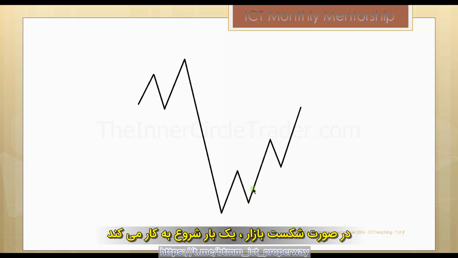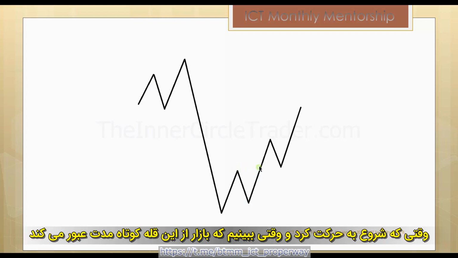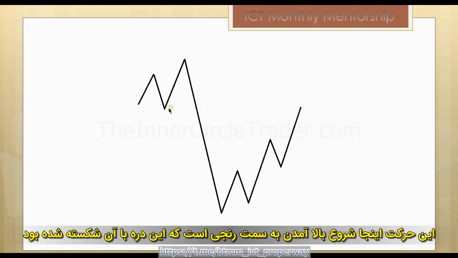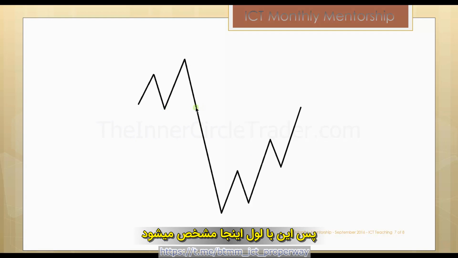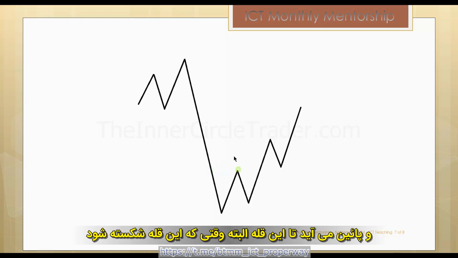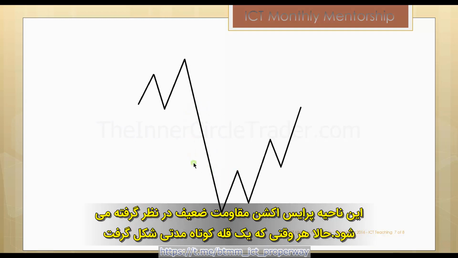Once it starts running through, if we get a market break through this short-term high, this run here begins its climb back up into the range that's created by this low being broken. So it's being defined by this level here all the way down to this high once it's broken. This area of price action is deemed low resistance.